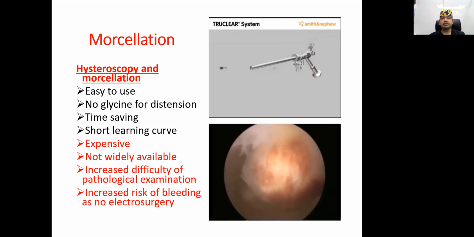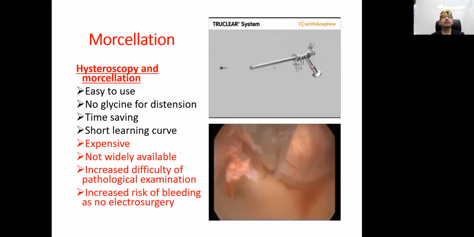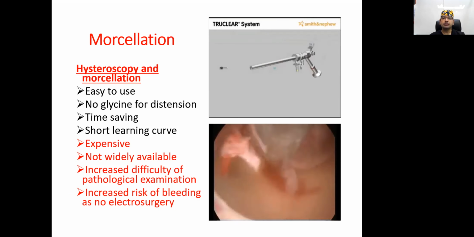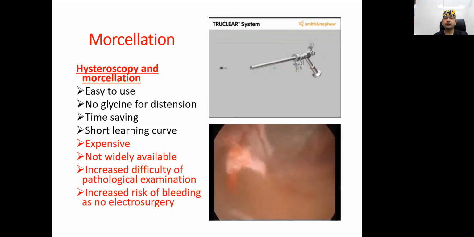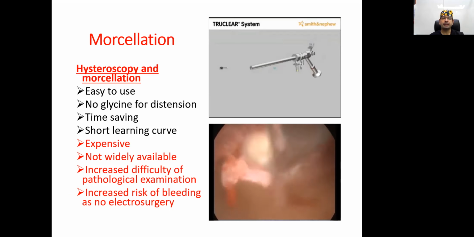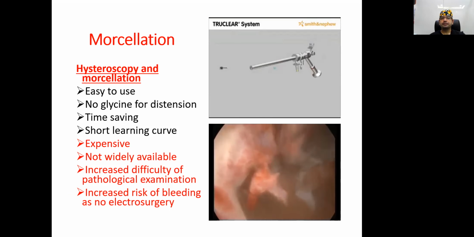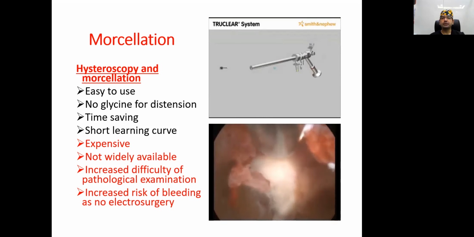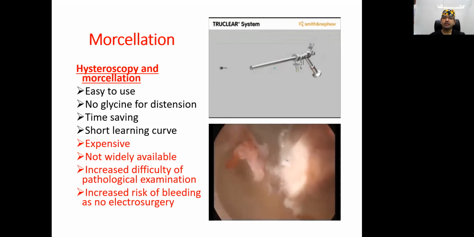Another advance in the market is the use of hysteroscopic morcellation. This is recently available in the market from a few companies, where there is a mechanical eating or cutting of the submucous fibroid. However, it removes only grade 0 fibroid and the intramyometrial part cannot be removed. So you can see this is the mechanical cutting of the fibroid, and there is no electric current used inside the cavity, and saline is used as a distension media.